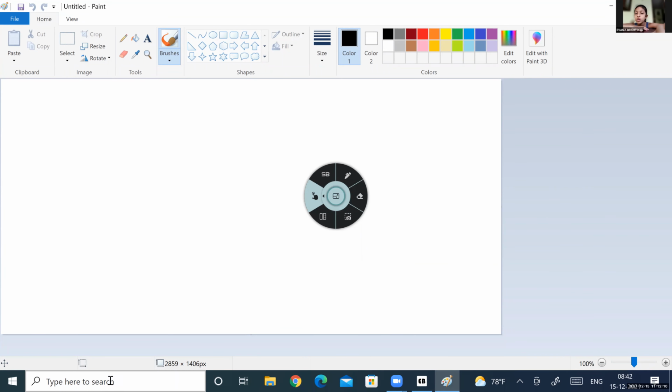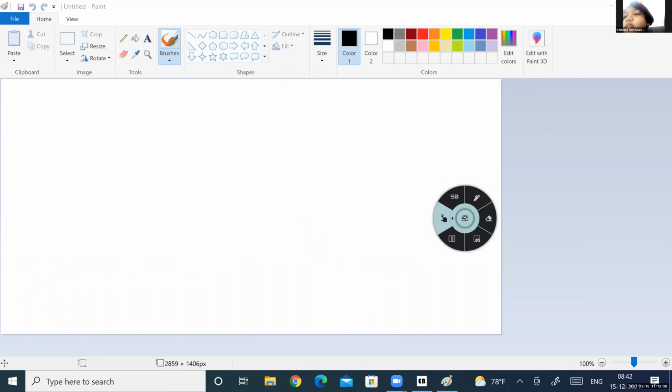Paint window. Yes, this window is called the paint window. And what is this white area called? Very good. Drawing area. This is called the drawing area. Wonderful.